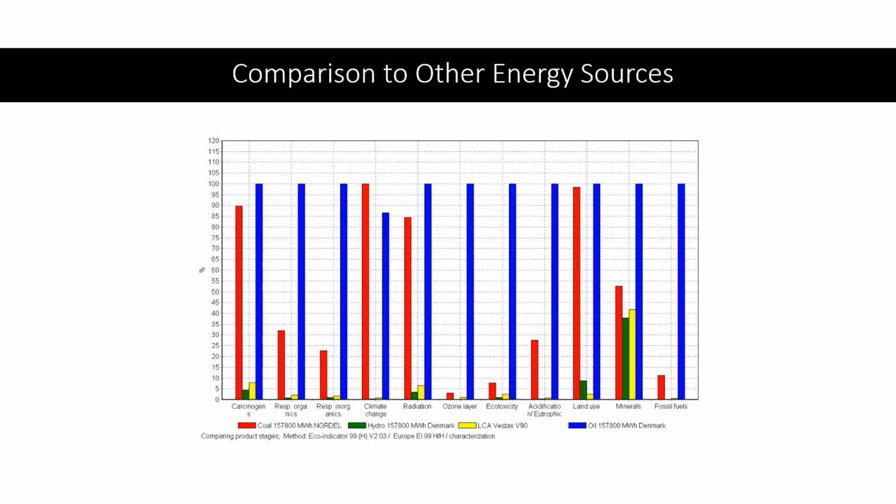The study also went more in depth and compared the use of wind power, listed as LCA Vestas V90, to other sources of energy, specifically coal, hydropower, and oil. Wind and hydropower both have very little environmental impact in comparison to coal and oil. The only category of noticeable impact for wind or hydropower is mineral usage, and that can be decreased with the